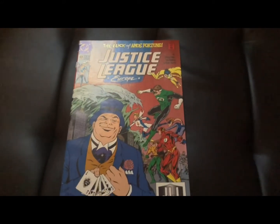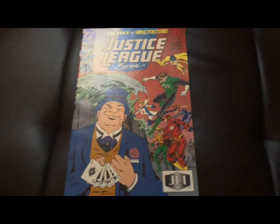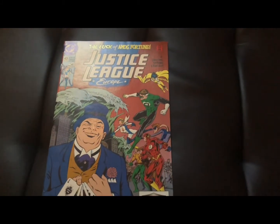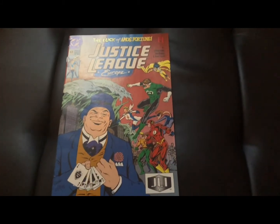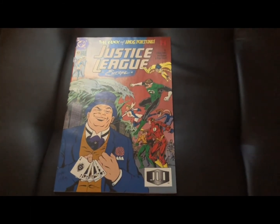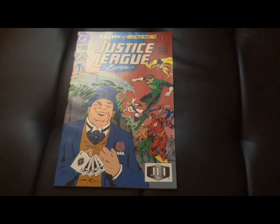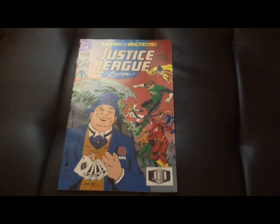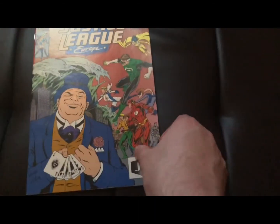So yeah, I was just basically sold on the cover of this. It's like, there's Aquaman, there's Flash, there's Green Lantern, there's the Penguin. It was in a box at a flea market, and they had a few of the issues in a row, and they all kind of either led into one another or had conclusions. So I picked them up. And we'll go ahead and